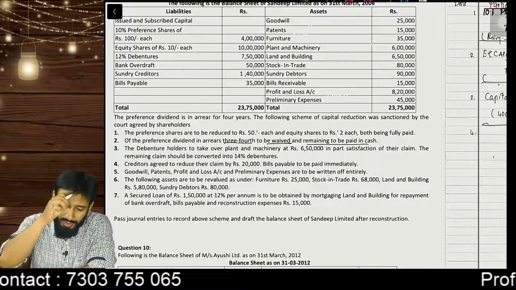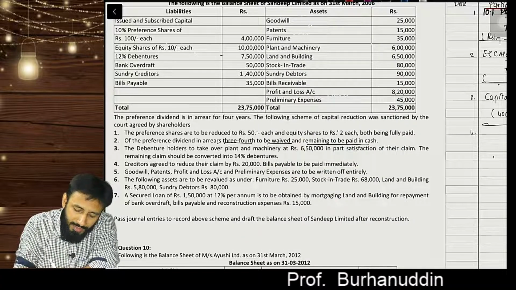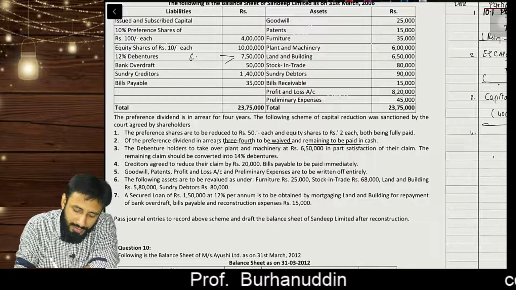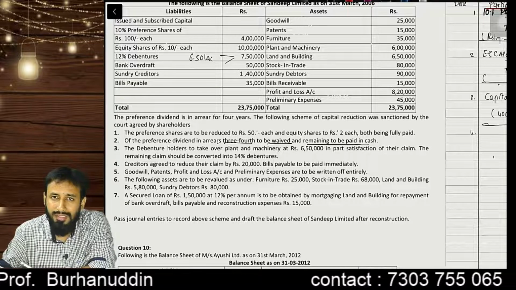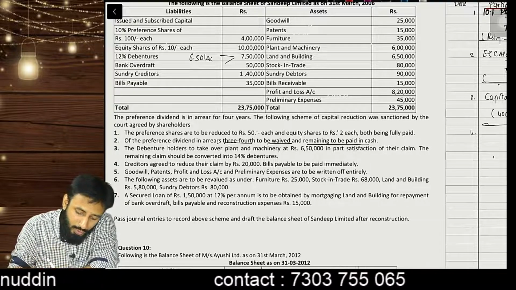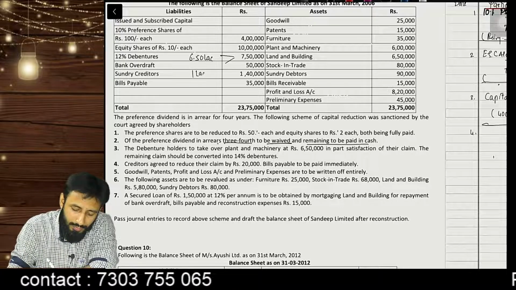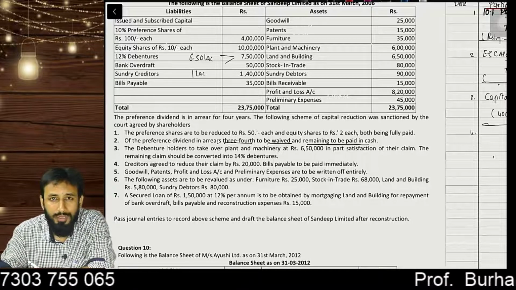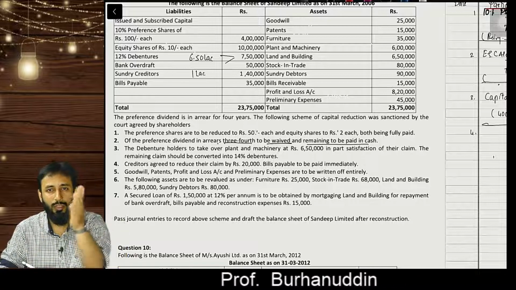Now look at the interesting part. I am giving them 7,50,000 में से 6,50,000 का asset. So what is the amount of debenture I'm going to give them of 14%? Well, that will be 1 lakh. तो 7,50,000 में से 6,50,000 का ये दिया तो भाई 1 लाख ही तो बचा।